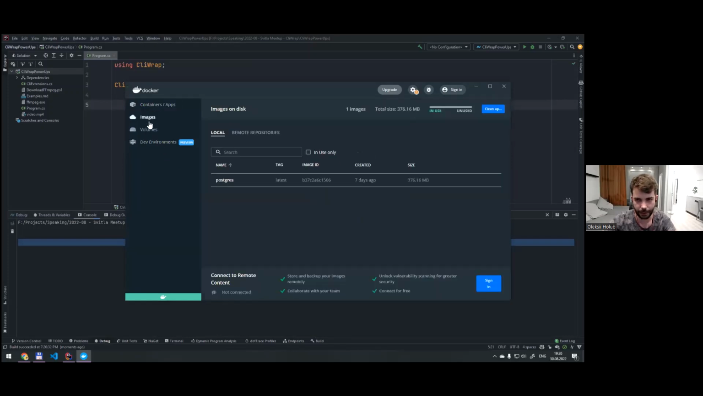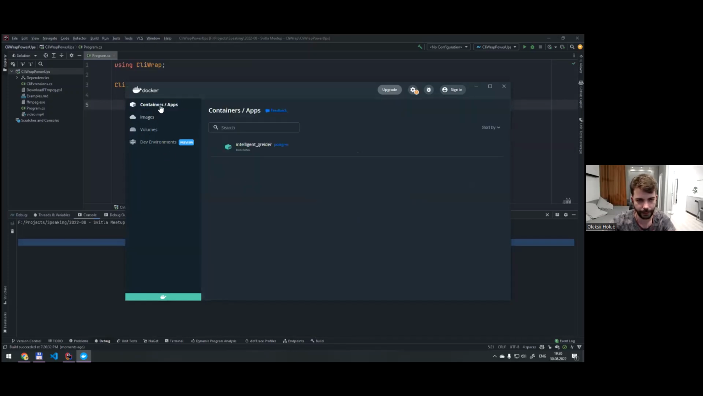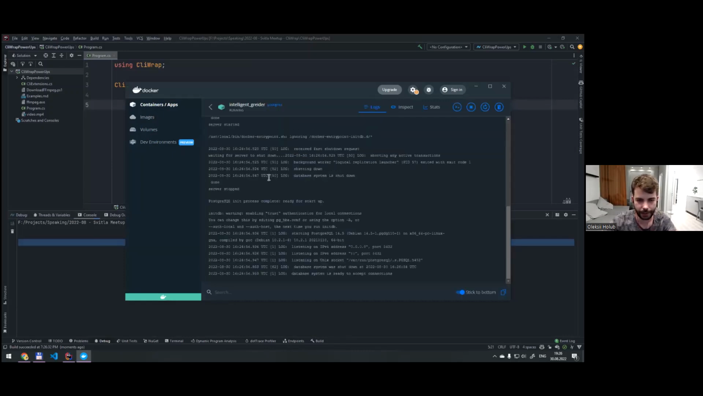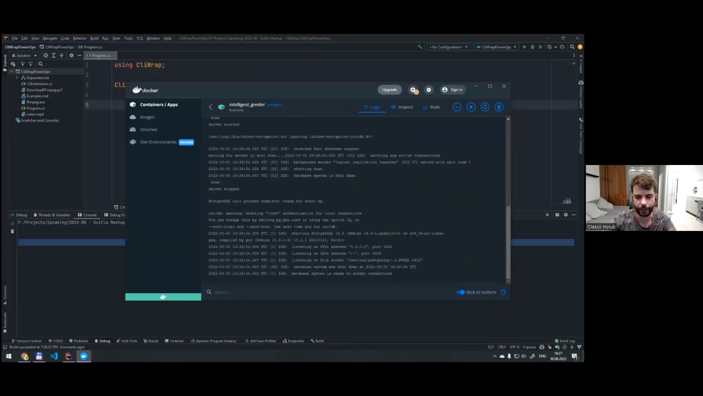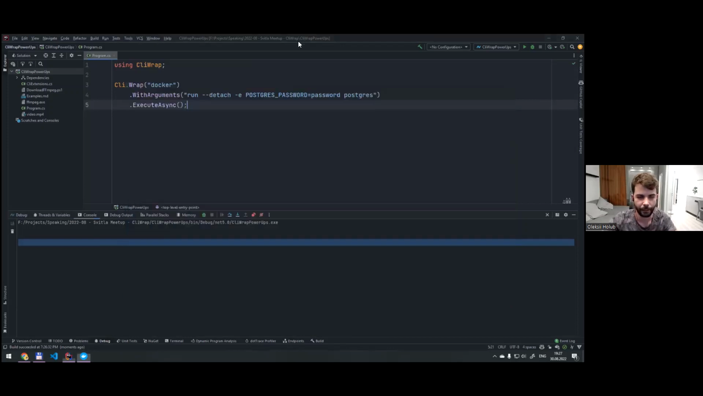Looks like it didn't. Oh, there we go, Postgres. Now it's running. So we can see that the Postgres container has successfully started and it's running. Not very captivating. It's a simple CLI execution, but you can already see how easy CliWrap lets you do those things,